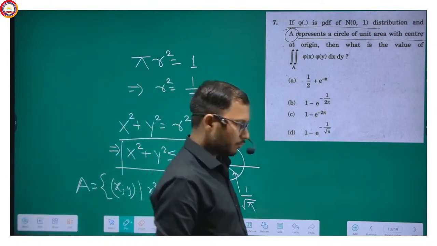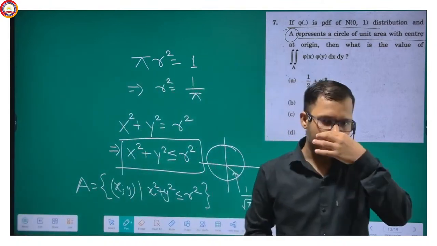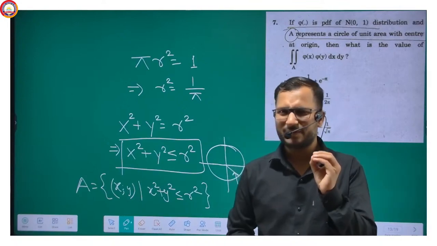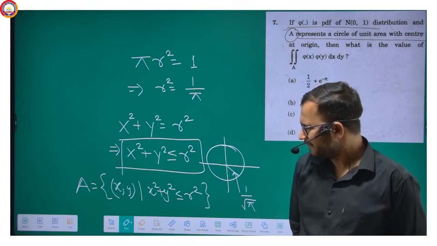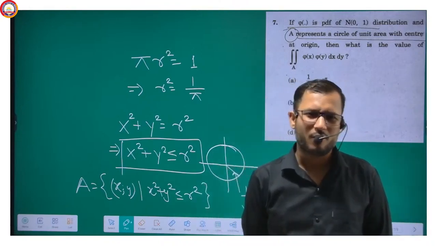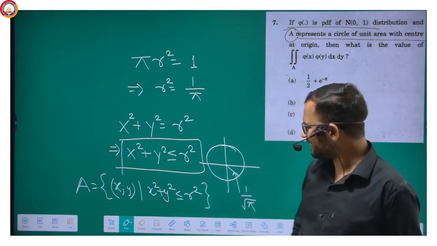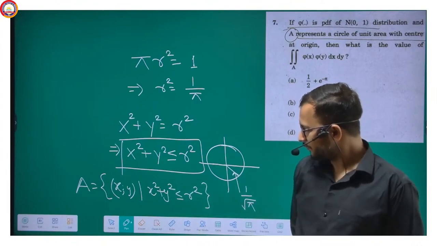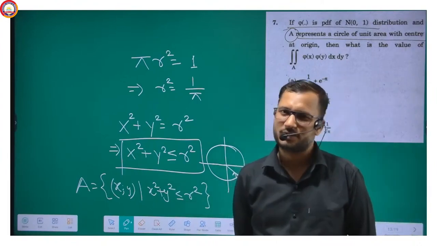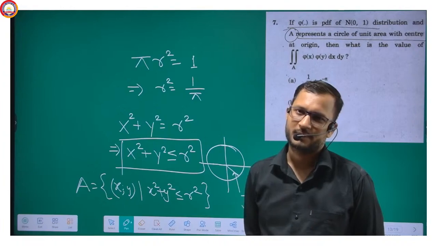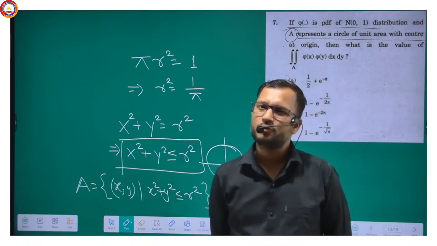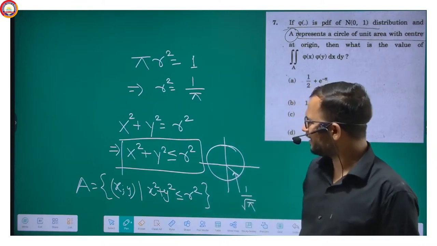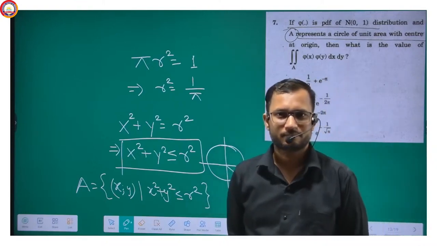Now, I will do this over here, but sometimes you may think, and you may have done it in class 11th and 12th all the time, that when this type of situation comes, we always try to convert this situation into polar coordinates. So these are Cartesian coordinates. We will convert this into polar coordinates so that we can run smoothly.